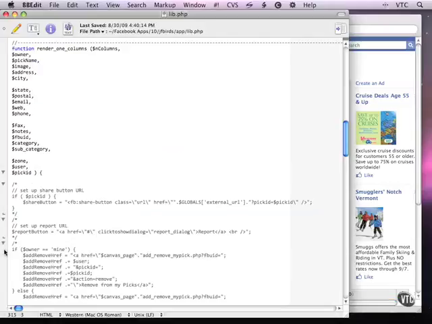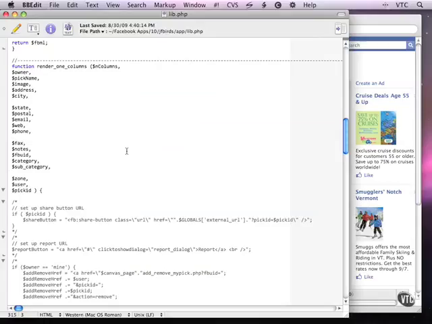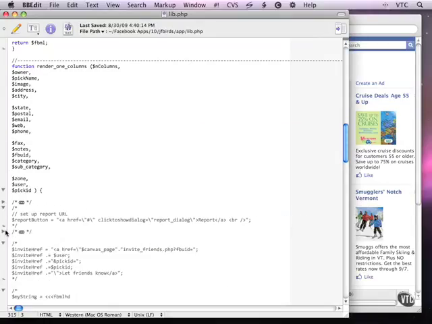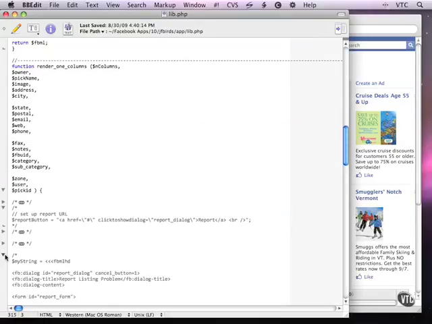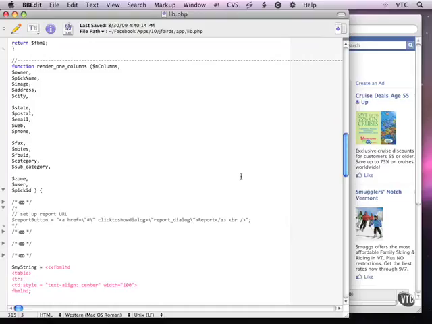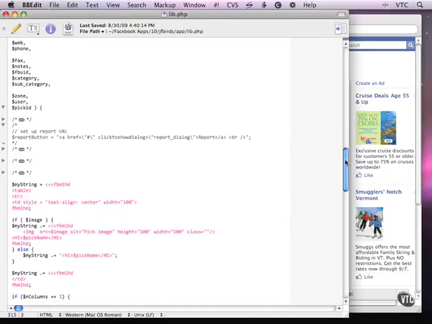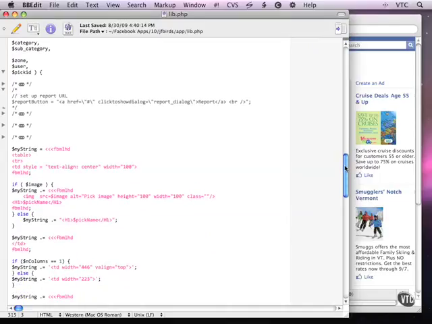So let's take a look at how this code is done. And I'm going to fold up some of the code here, in fact a lot of the code here, because what I want to do is to show you basically how this function is built. This function is built using plain old HTML code. Most of it is HTML code.